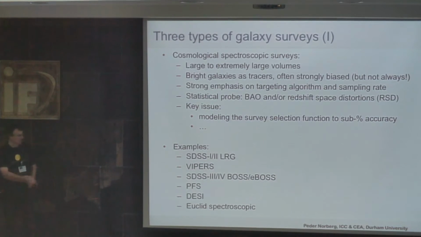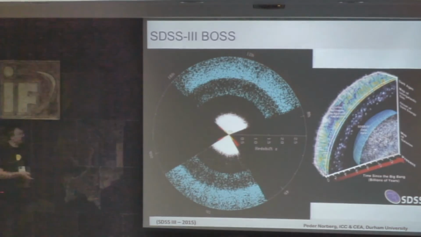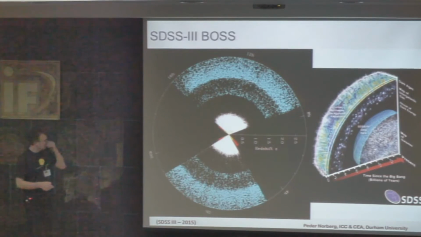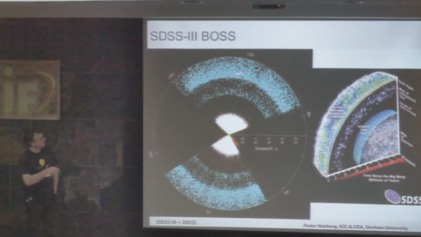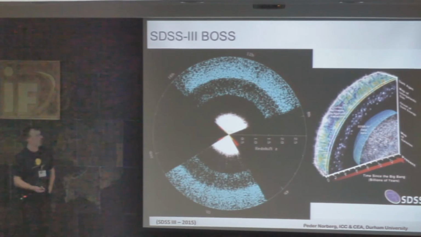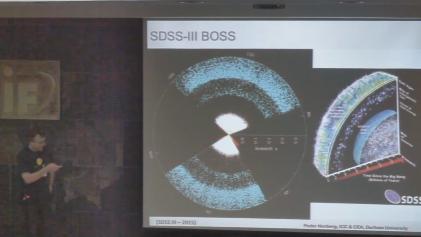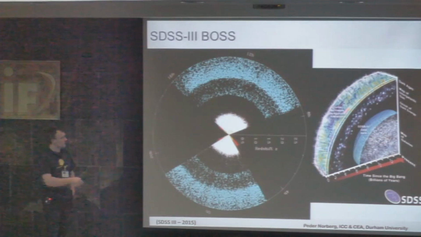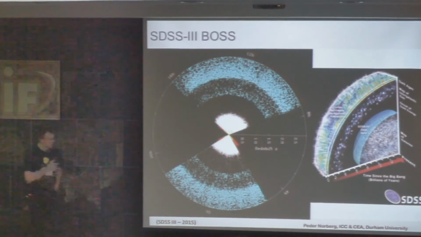And you have lots of them here, and I'm not going to read through the list, but these are the kind of things you have. And I like this plot from the BOSS survey, DR12, just showing where the galaxies are. This is the main, like LRG samples down here, out to an extent. Here are the quasars, going out to much higher redshifts and so on. And they're used for very different probes. And it's a nice figure, seeing how far they have probed the universe and out to where the CMB is and so on.